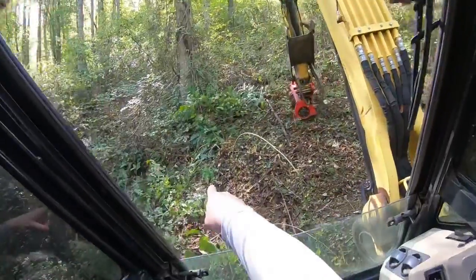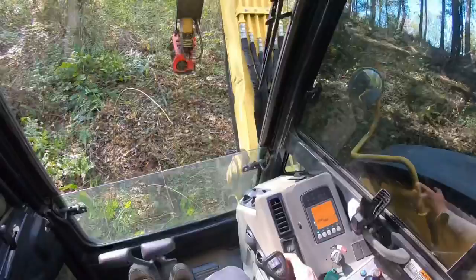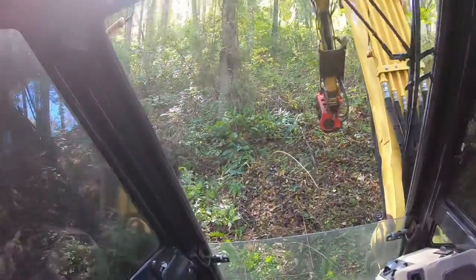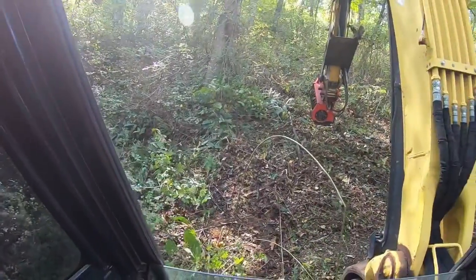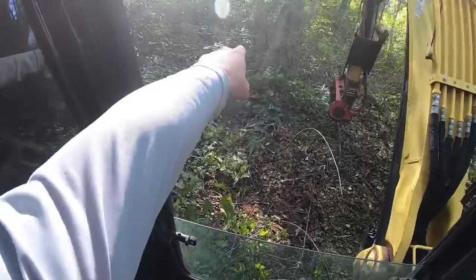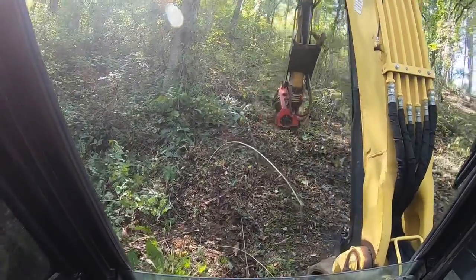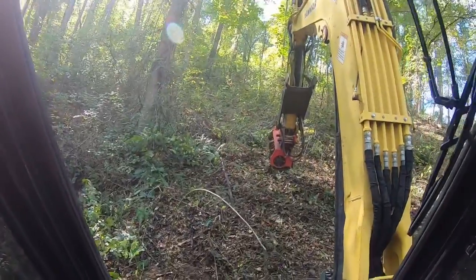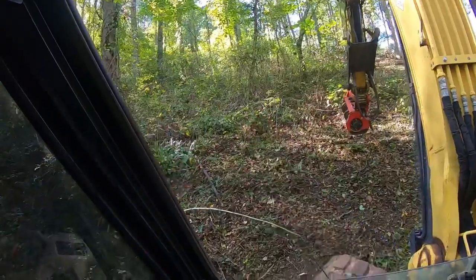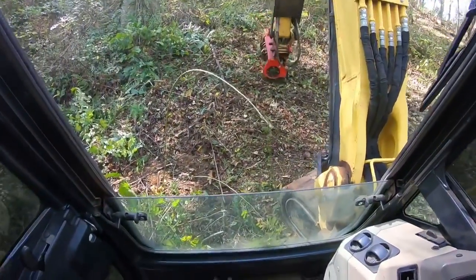Now another hint, if you see ferns, the area stays pretty damp. Now I gotta let that head die down so I can lift myself up and spin a little bit, because I don't really want to keep going too much in this direction just yet. Right there's our corner, or property line marker. So I see another one up through there. So what I'm going to do is I'm going to redirect myself and start shooting straight up through there, get a path cleared, and then we can